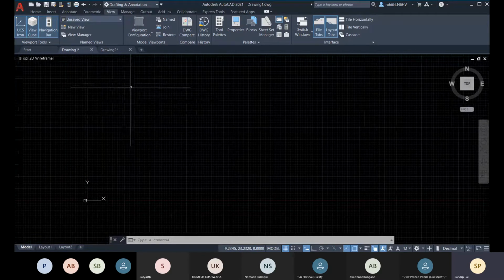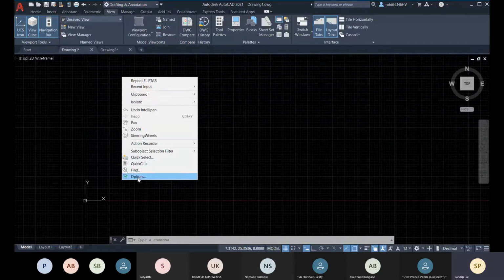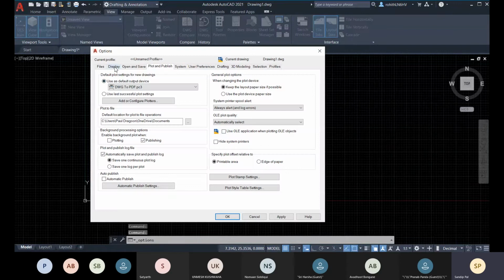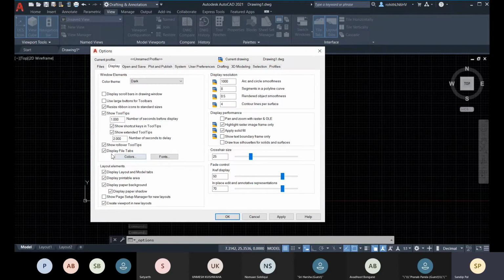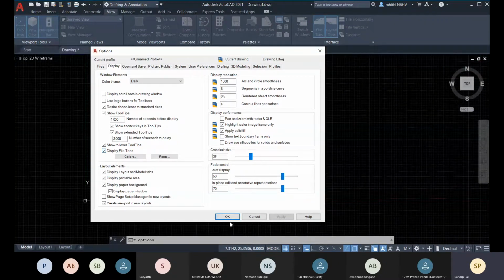I'm coming on this part, model space, later. Let me just right click on it, and here you have these options. If you come to this display tab, here you have this display file tabs, if it is unchecked, you will not get it. So from this method also you can get your file tabs there.